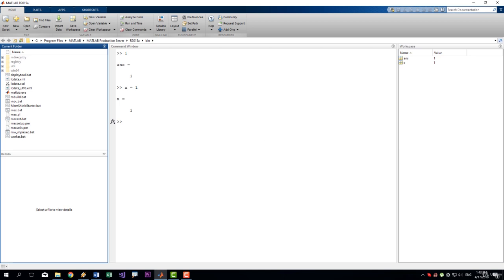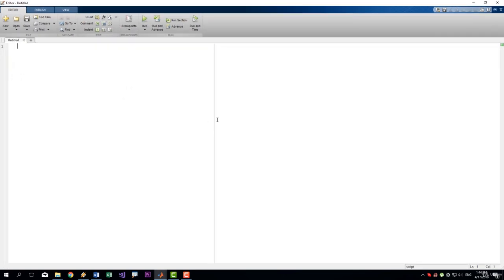And finally, the code editor. This is where we will spend most of our time. To open the code editor, click on New Script in the upper left corner or use the shortcut Ctrl and N. A new window will open and you can write your code in that new window. Now, what is the difference between the code editor and the command window? It's very simple. As we discussed, the command window executes your code immediately, or you can use Shift and Enter to write a few connected lines of code, but beyond that, it's not very helpful.